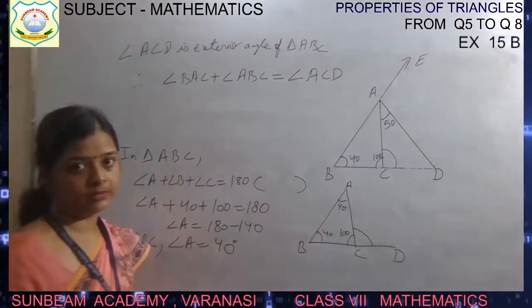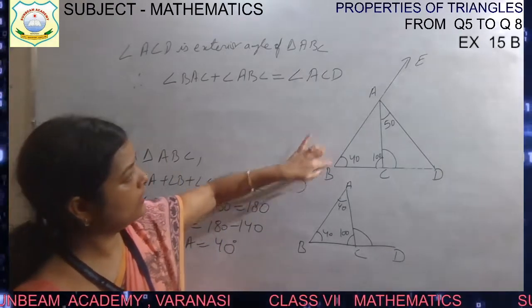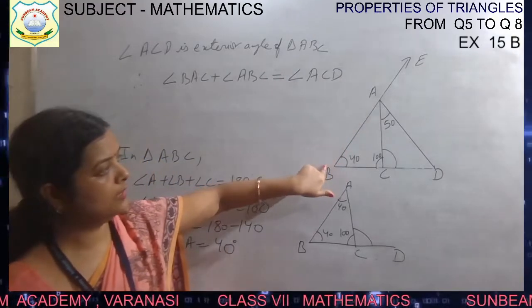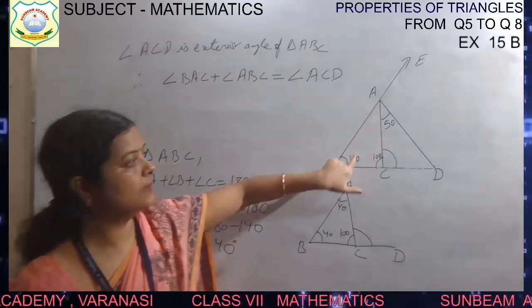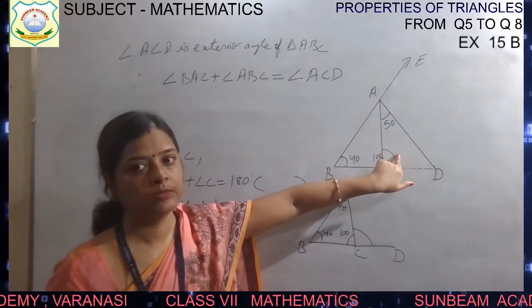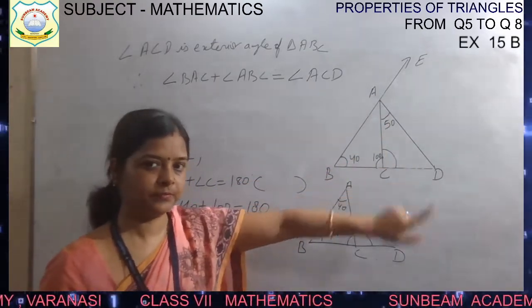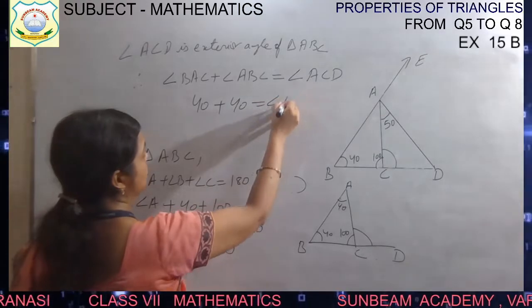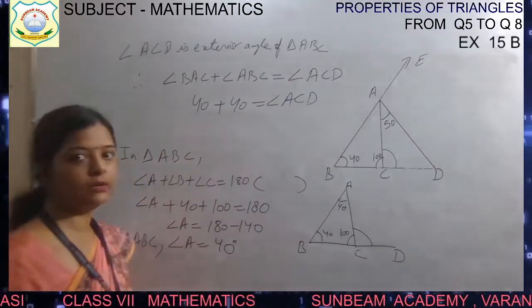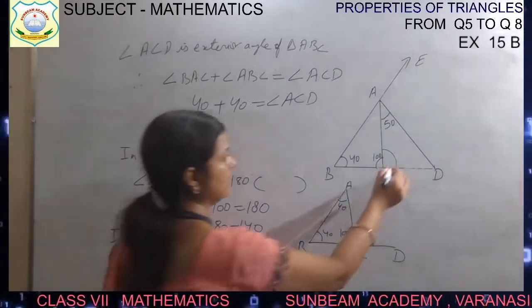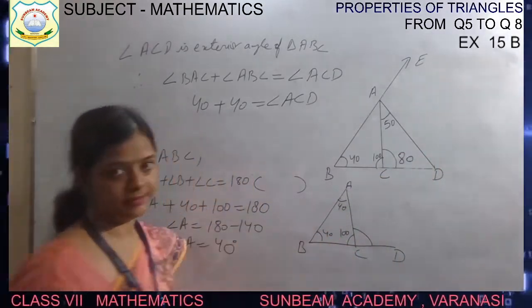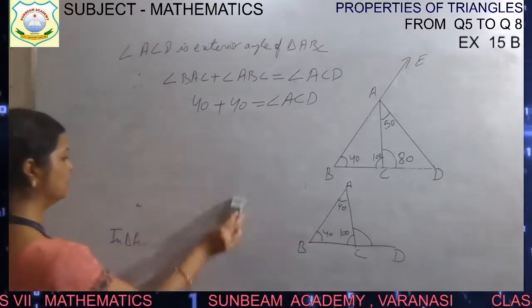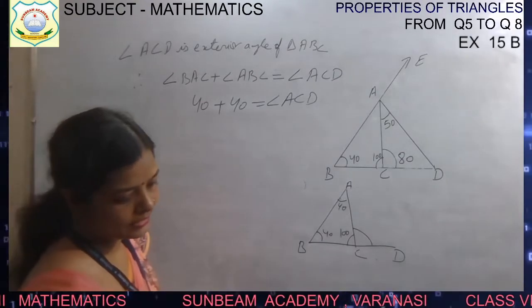Now I am writing the proper one. Okay, angle BAC, ये वाला angle plus angle ABC. ABC means this angle. This angle plus this angle is equal to ACD. ठीक है? So this is 40 and this is also 40. That is equal to angle ACD. So we have find the value of angle ACD. ये हमने find कर लिया. It is what now? It is 80 degree. Now the next one, children. The next one, the second part. Second part is angle ADC.